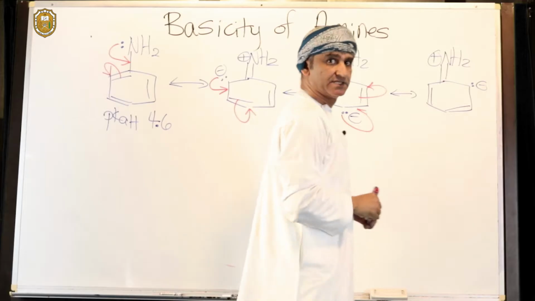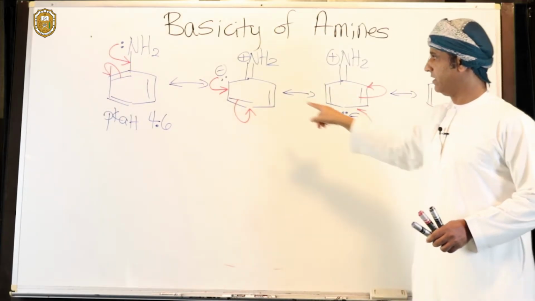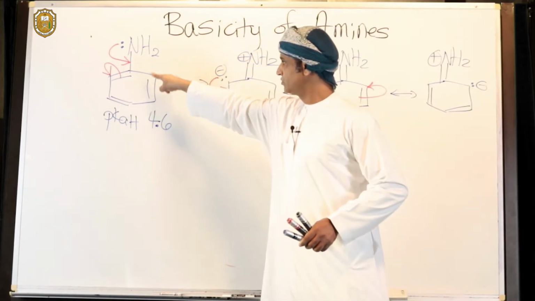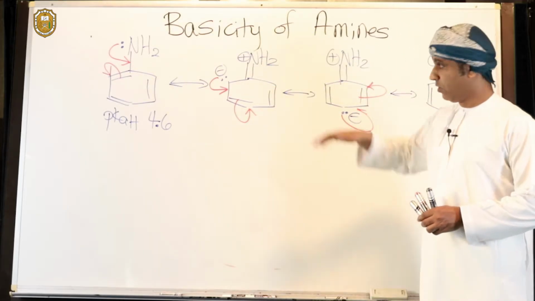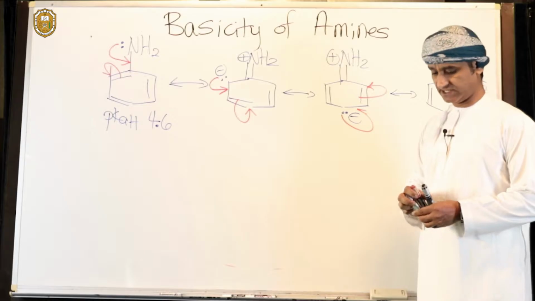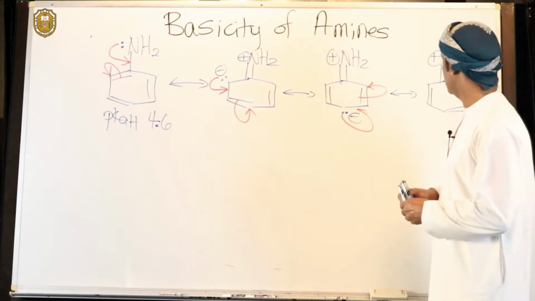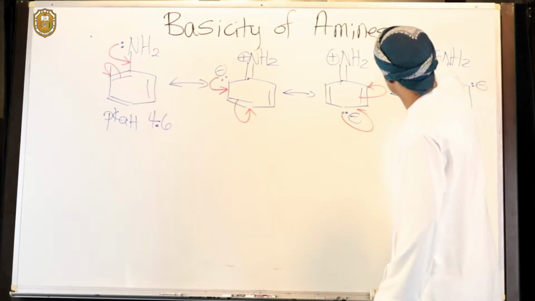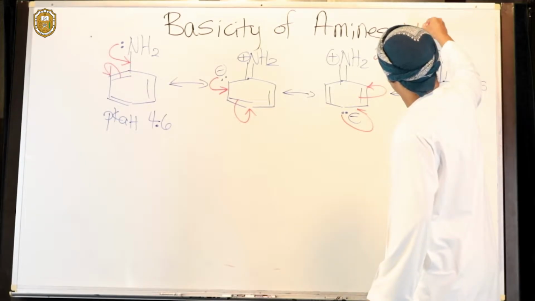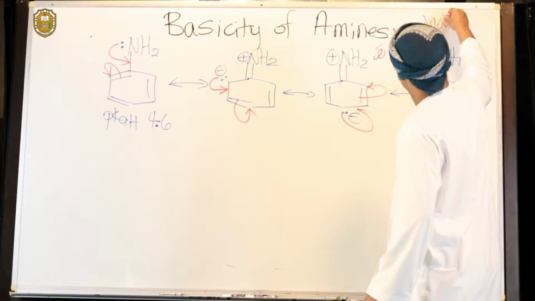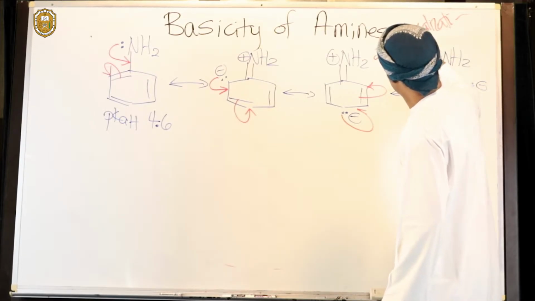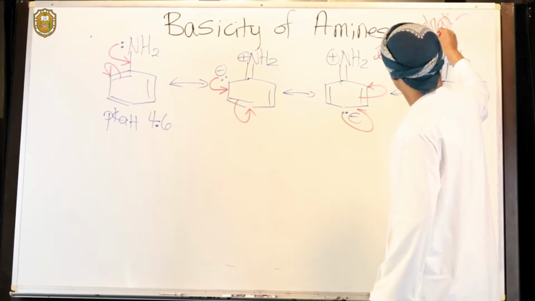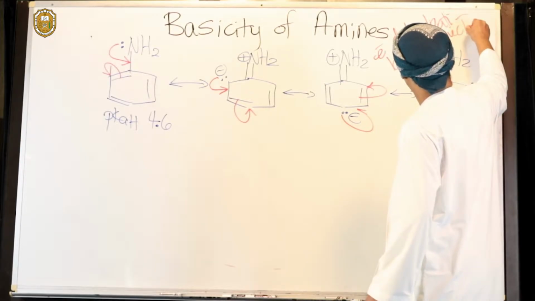By this resonance, it's actually clear that the lone pair on nitrogen is much less available because it's actually delocalized over the ring by resonance. So this is electron delocalization by resonance, which makes the lone pair much less